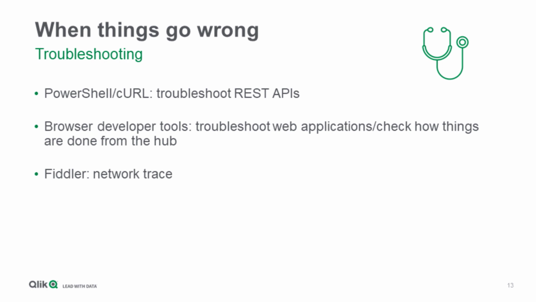The last tool that we had was Fiddler, which I can briefly talk about. And when would you use Fiddler? Fiddler can be used to trace the network. It's a little bit similar to what you see actually in the Browser Developer Tool Network tab, but you would use it where you are troubleshooting an API that is not run from browser. So for example, if you run an application on your server that is sending requests to Qlik Cloud, then you would use Fiddler to troubleshoot if the request is going through.